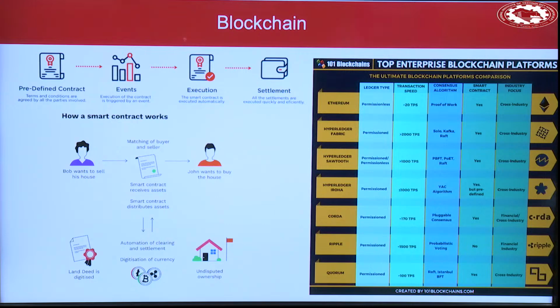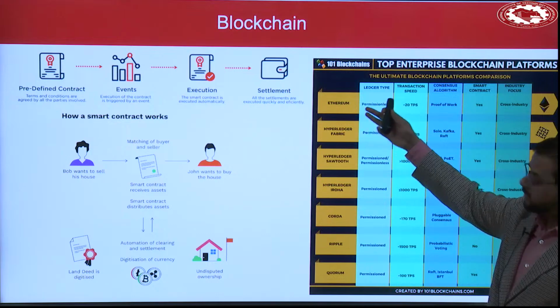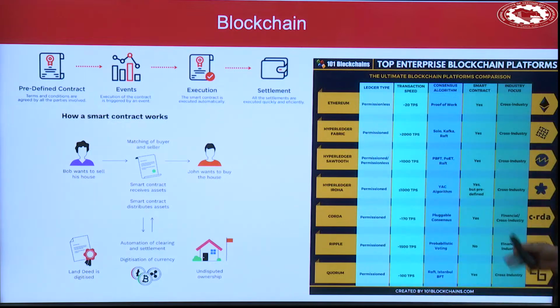Supply of drugs in healthcare: what medicines you are selling, sending, and at what time. Delivery in power systems, units, water, what is the rate, things like that. So blockchain has a very wide variety of applications. Again, there are a number of blockchain examples, Ethereum, Hyperledger. I don't know if you have heard these, but there are